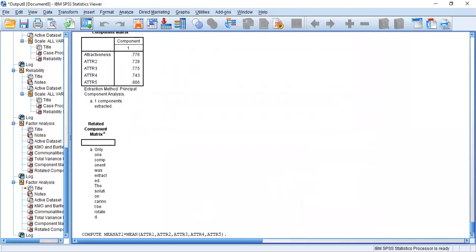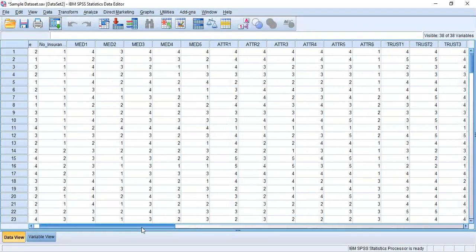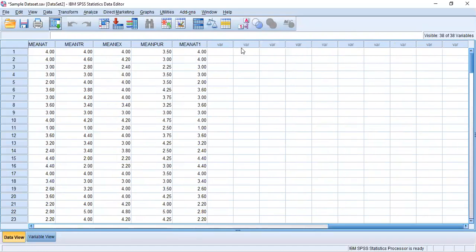Then click OK. Once you go to your main data set, you can see at the end your mean values are calculated. Now you see mean 81 is calculated. So that's the way of calculating mean values.